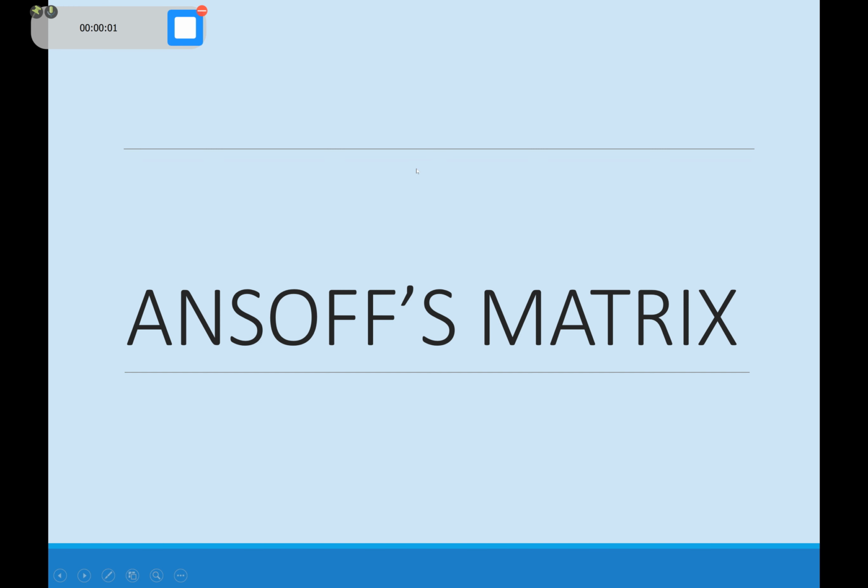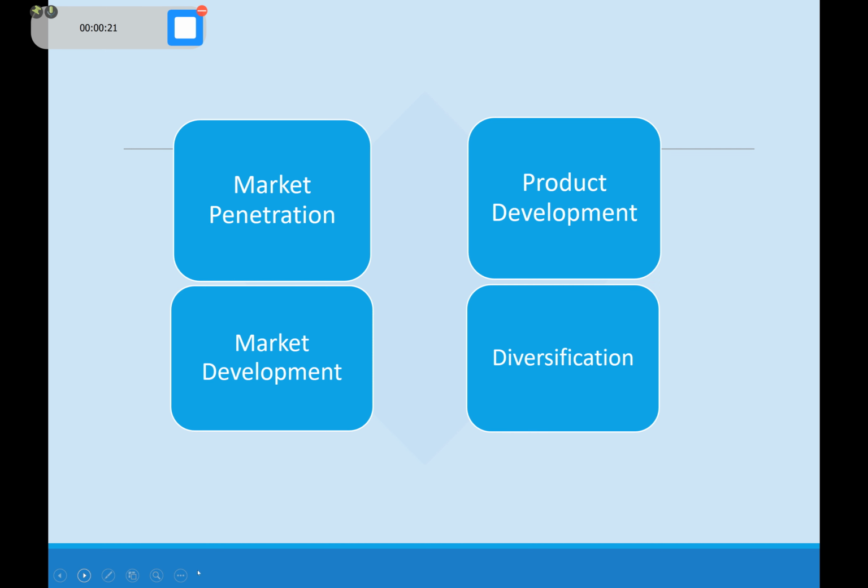Going to look at Ansoff's Matrix, which is more concerned with the kind of market that companies are operating in. So you're looking at their different strategies for how they approach and interact with the markets that they're engaged in. So this is a matrix, as the name suggests, and there are 4 elements to the matrix. We have market penetration, product development, market development, and diversification, and I'm going to take you through each of these